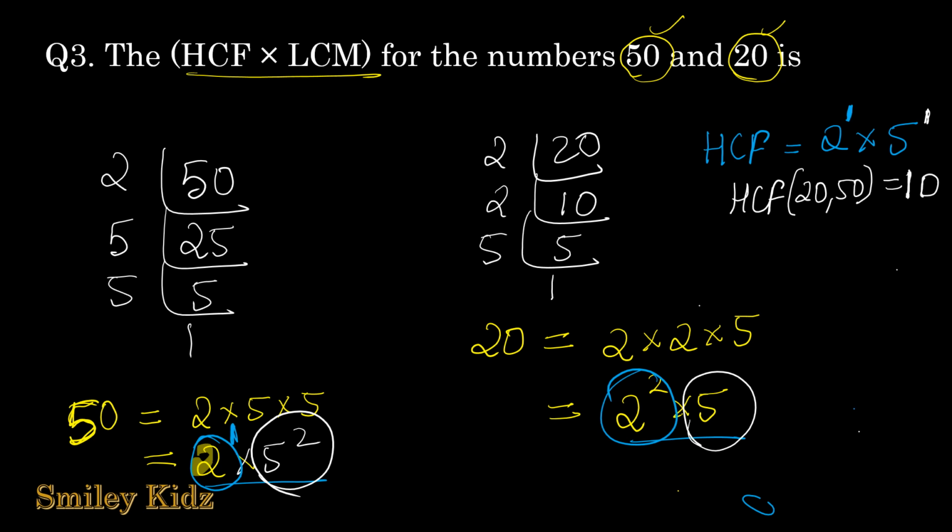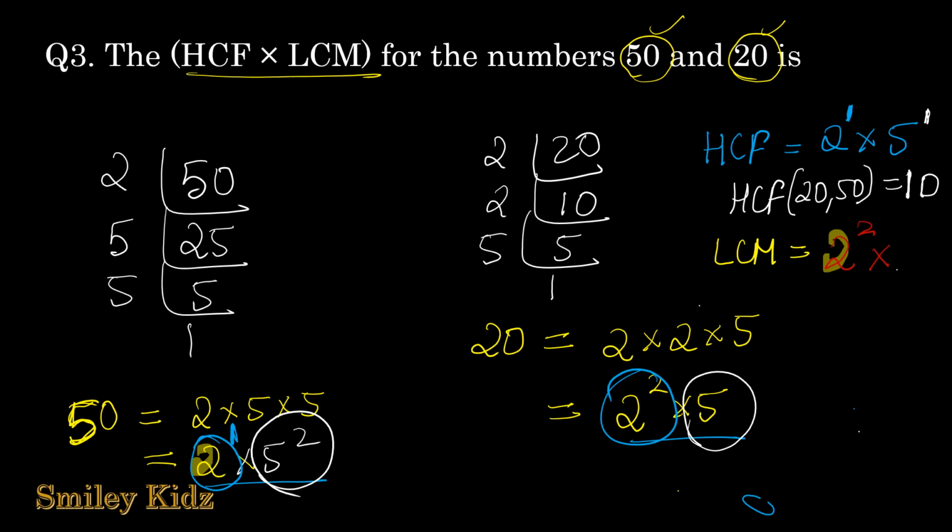Now we are not done. We're going to find out the LCM. So LCM will be the product of the greatest powers. We know that 2 to the power 2 is greater than 2 to the power of 1, so we're going to take out 2 to the power of 2